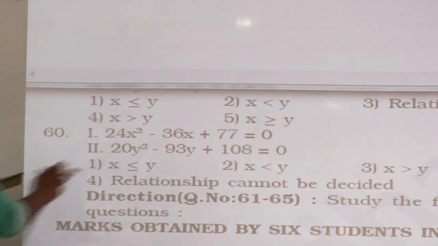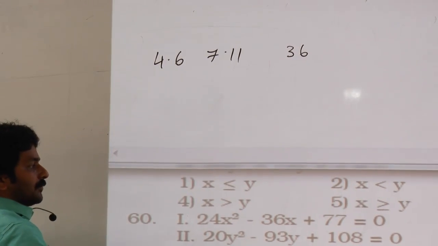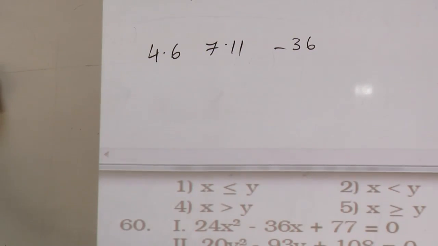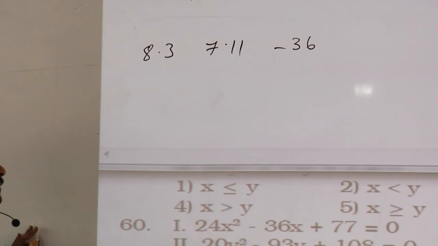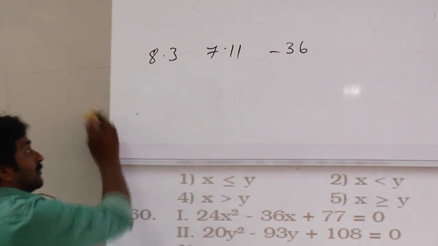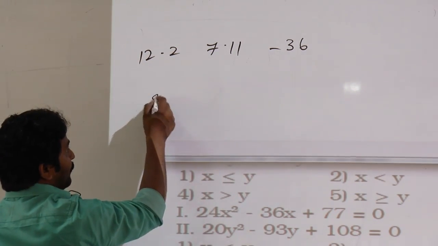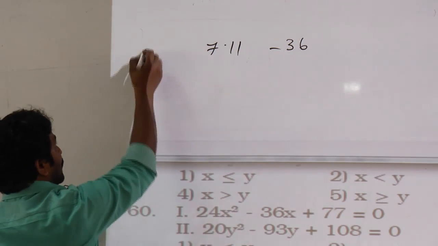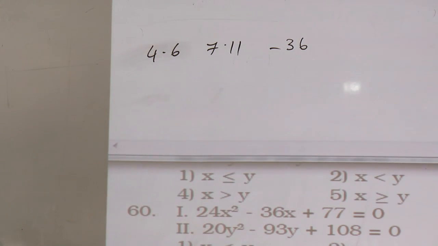So I'll just give you the combination. 24, you can write as 4 into 6 and 77, 7 into 11 and total should be equal to 36. This is minus, product should be positive. I think 8 3s, 33, 56. No. 12 2 times, 84 22. No. 3 8 already chesam it. 4 and 6, 28. 66 రావట్లేదు కదా